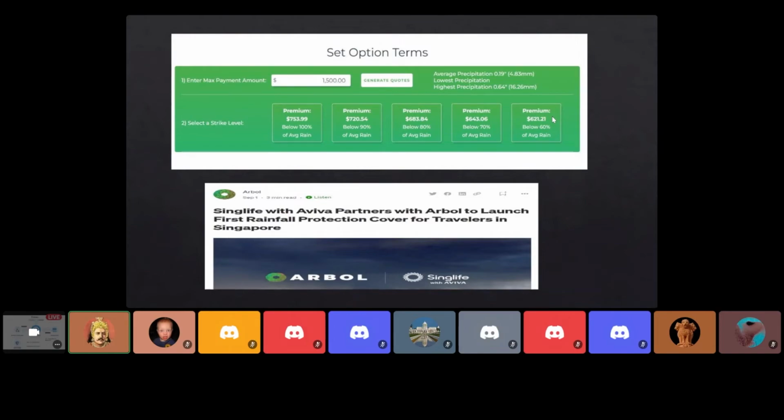So this is also interesting and practical use case that they are leveraging upon. And again, they are going to use data oracles to pull in data to check the average precipitation for a particular area. So in this case, the same thing prevails. You pay a premium if this event, for example, you pay for below 100% of average rain, but for that particular year, the rain is above 100%. So then your premium is lost. So this is again like premiums are expenses and not investment.